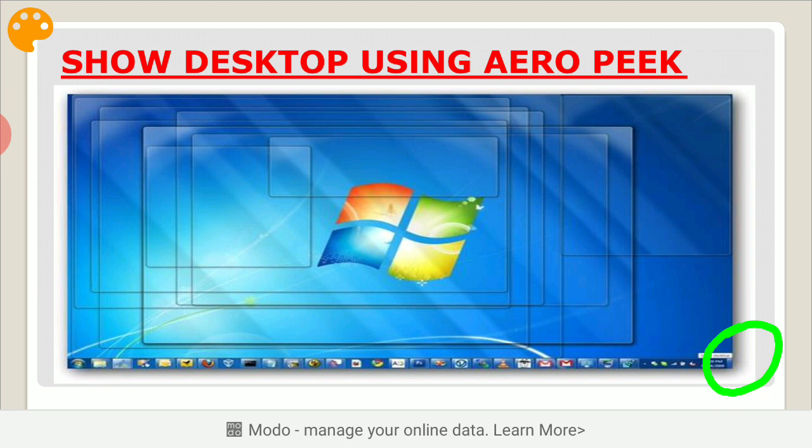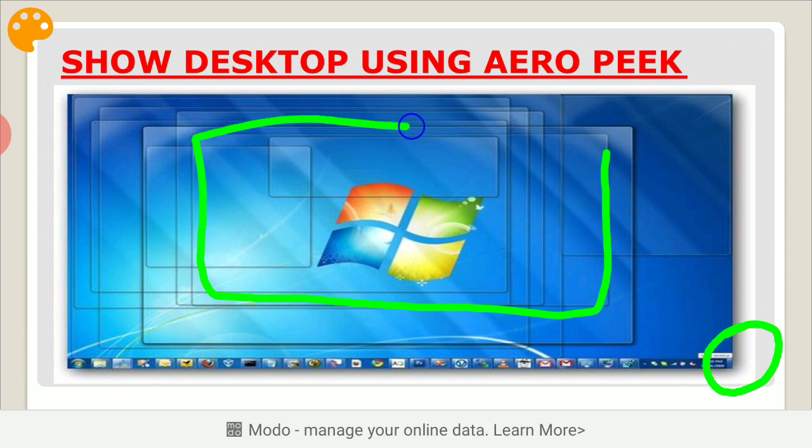Yes, because Aero Peek is transparent. Transparent means when you hover the mouse pointer on the Show Desktop button, it removes the windows from your screen and you can view the desktop clearly. It shows this with the help of Aero Peek. You can see the desktop. Now click on the Show Desktop button here.